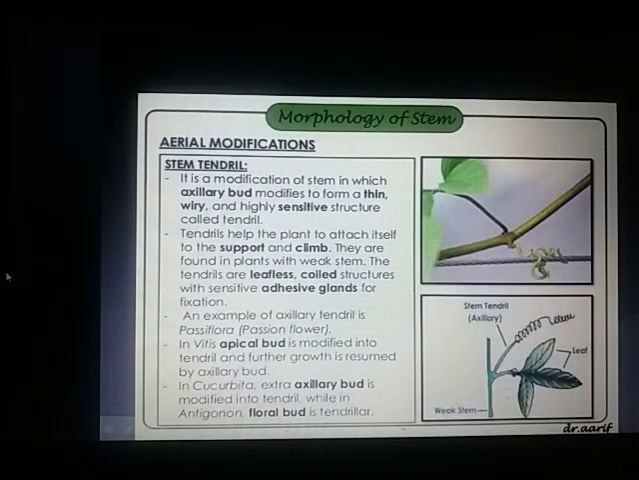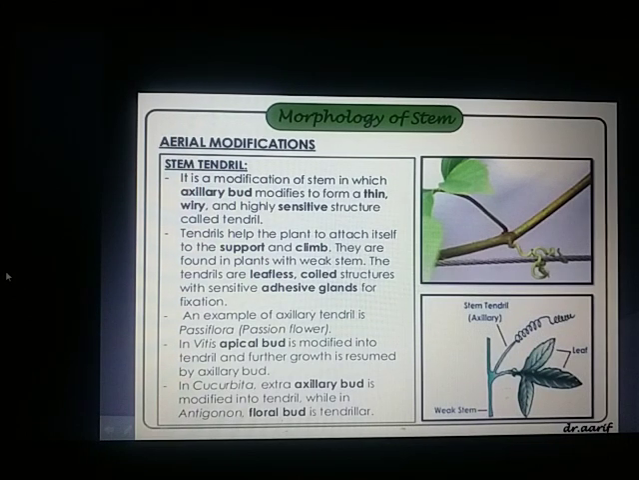What is a tendril? Tendril is a long, wiry, sensitive structure that helps in climbing. These tendrils may be coming from the axillary bud, as in the case of Passiflora and also Cucurbita. Cucurbita is a little bit controversial, but still we have the Passiflora, the axillary bud modifying into tendril, and